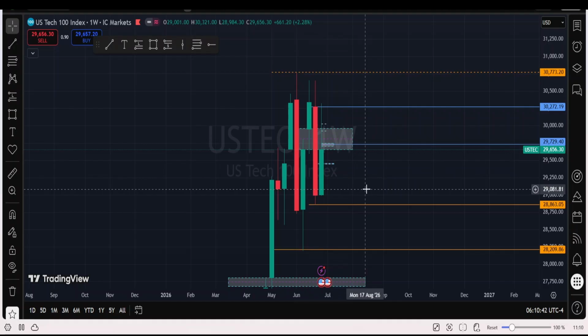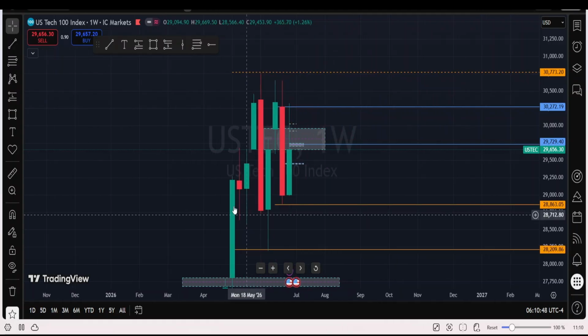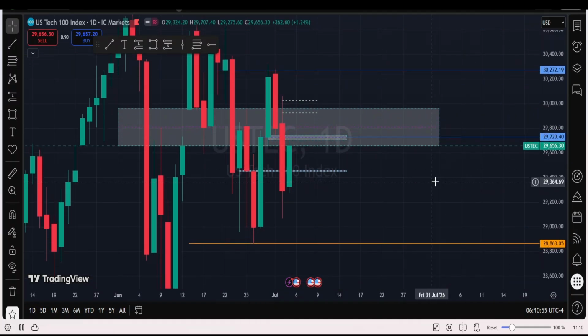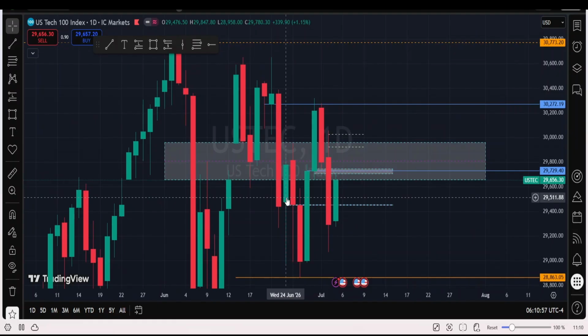So having seen that, what's our narrative? What are we looking at? What's our expectation on Nasdaq this week, commencing on the 5th of July? Dropping to the daily time frame, this is what we had as a Friday. Price, like we said, has traded into an order block on the daily time frame, surpassing the gap on the weekly time frame, and then dropping back as at Wednesday, Thursday, and this is what we had as a Friday.